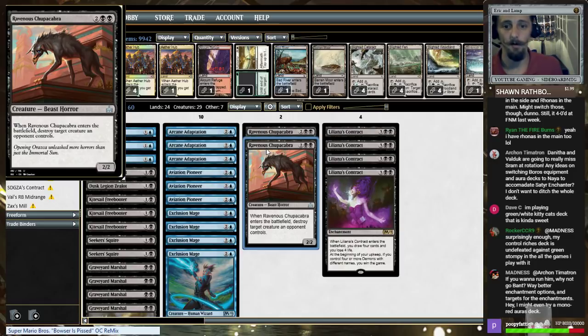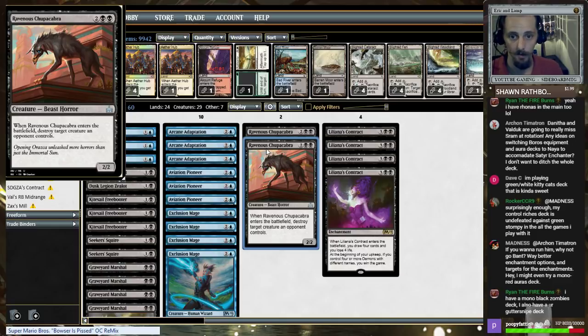Let's see here. Arcane, Danitha and Valduk are going to really miss Shram out of rotation. Any ideas on switching Boros equipment or Aura decks to Naya to accommodate Satar Enchanter? You don't really want to ditch the whole deck. Man, I'm not 100% sure that I